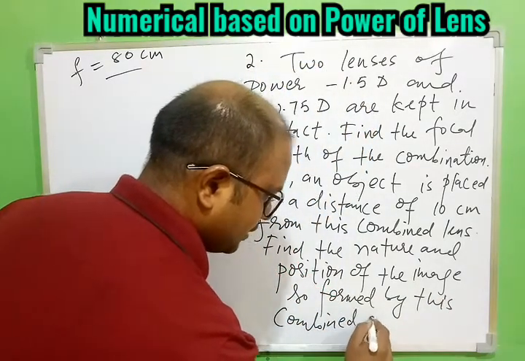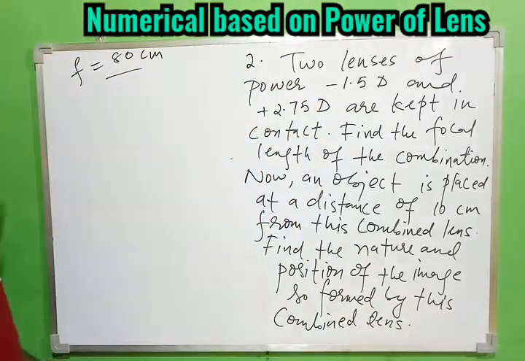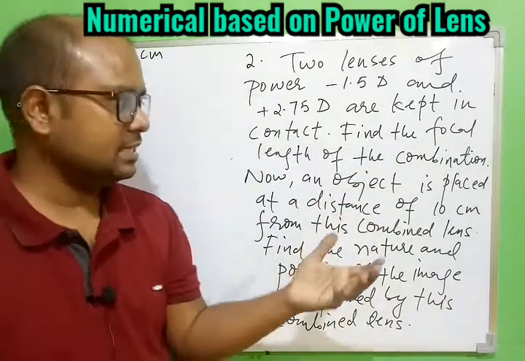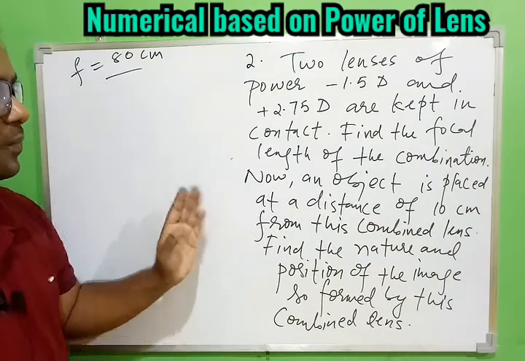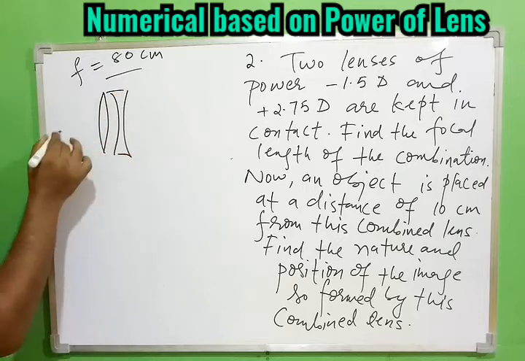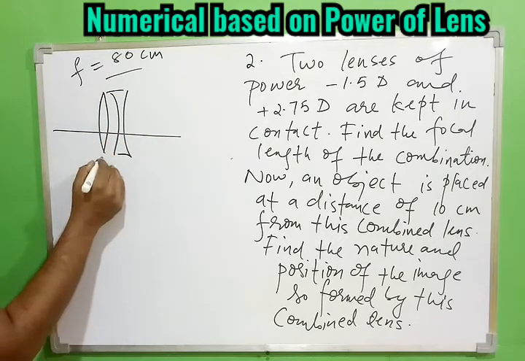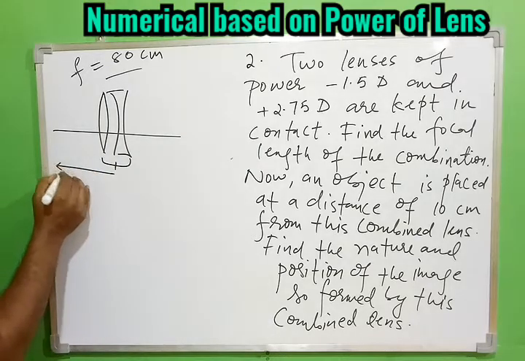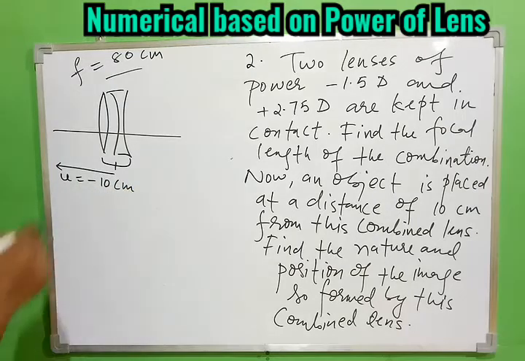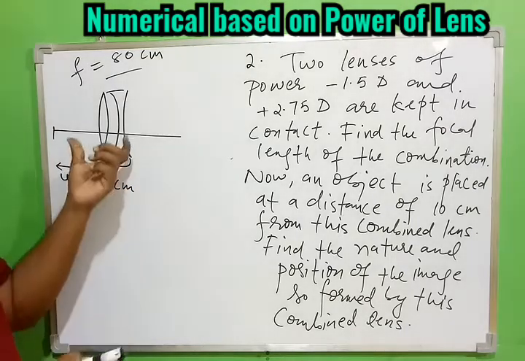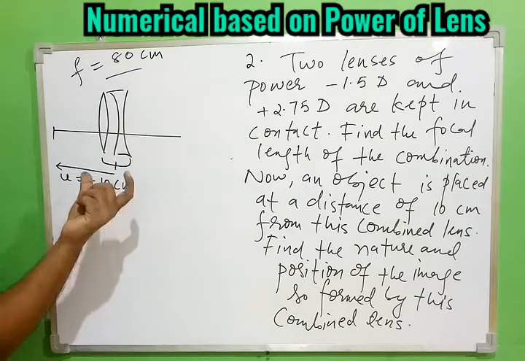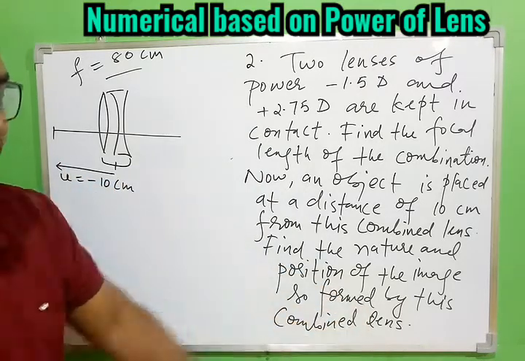So this can also be possible, that is, the same numerical can have two different parts. In the first part we are finding the focal length of the combined lens, and now this can have a sub part also. We understood here we had a convex lens and a concave lens placed together, and now the question is in front of this. So from here somewhere at the center there is an object at how much distance? 10 centimeter, minus 10 centimeter. So if the object is placed at the distance of 10 centimeter from this combination, not individual lens, then what kind of image will be formed by this combination, and that will be at what distance from the combined lens.